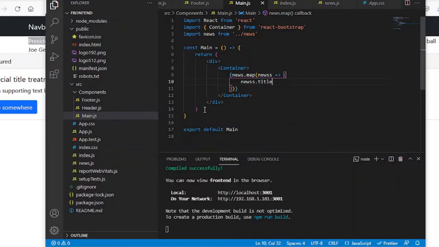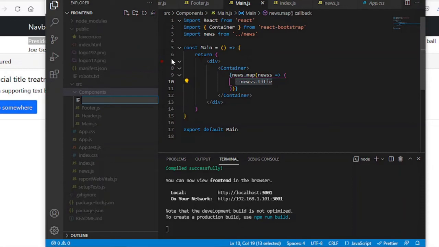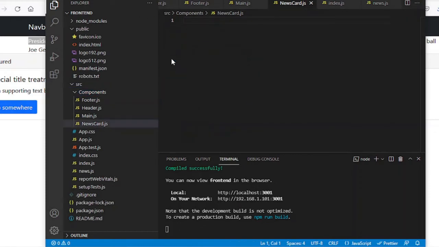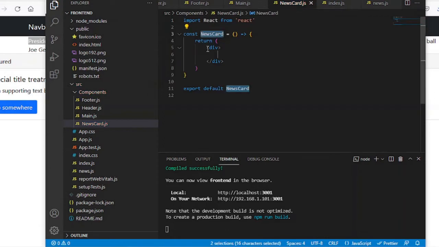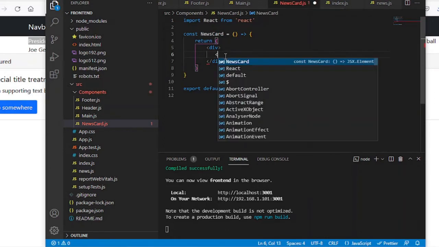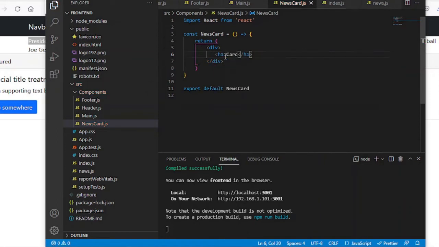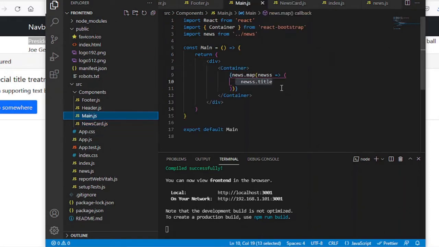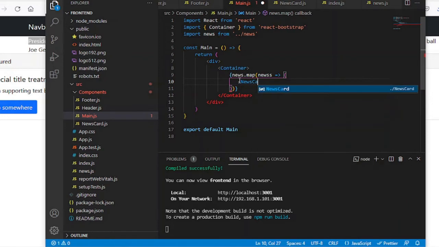So what we will do now, we will create another component which we will call news card.js, and then in the news card.js we put RAFCE as usual, and then here we will put h1 the card. So the news card goes in the main. Instead of creating everything here, we'll create a card and we will bring that news card,